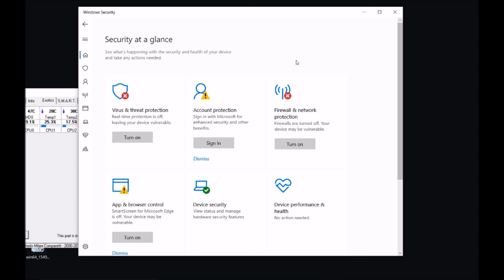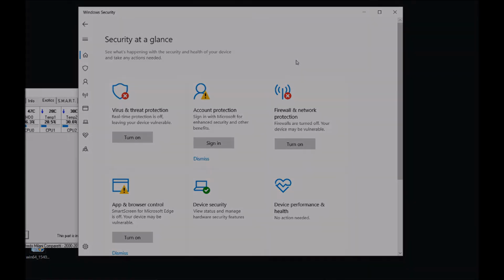So be really, really aware, because I guess most of the time we get viruses from links in emails or zip files or executable files that you may get in an email.